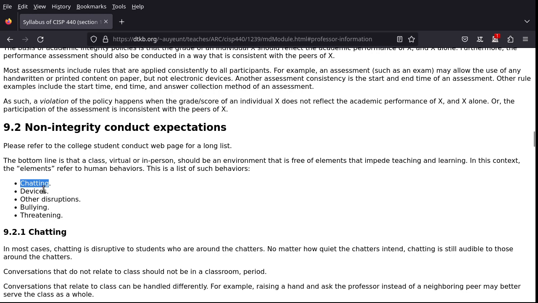So that's why chatting is on the list. Devices: sometimes people forget to turn off their phones during class, and when they get a text or a phone call, it rings, and that can be a disruption as well. Most of the time it's not intentional. It is just something that happens. I'm not really strict about chatting and devices in terms of referring people to student conduct,